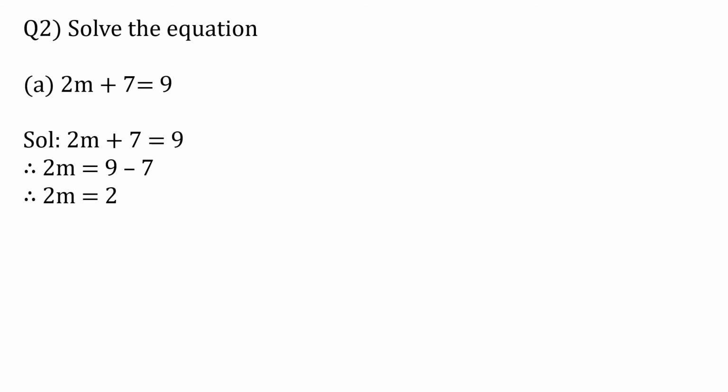Therefore 2m equal to 9 minus 7, you'll get the answer as 2. So we'll find out the value for m. Therefore m equal to 2 upon 2. So you know, student, 2 upon 2 will cancel. 2 1s are 2 and 2 1s are 2. So you'll get 1 upon 1, that is 1. Therefore the value of m equal to 1. Okay, you got the solution. You have found out the value for the variable m, that is equal to 1.